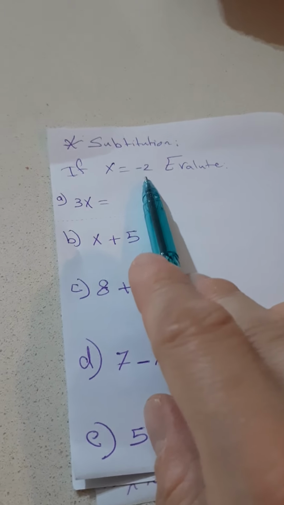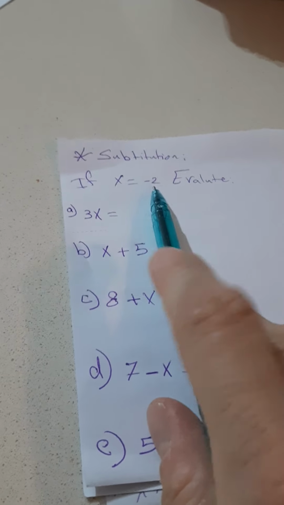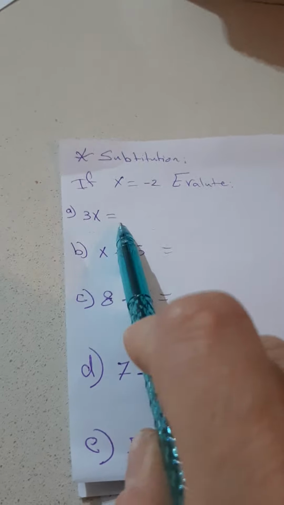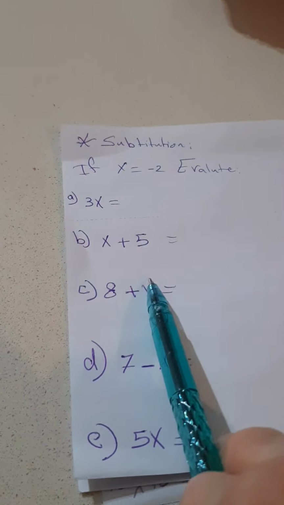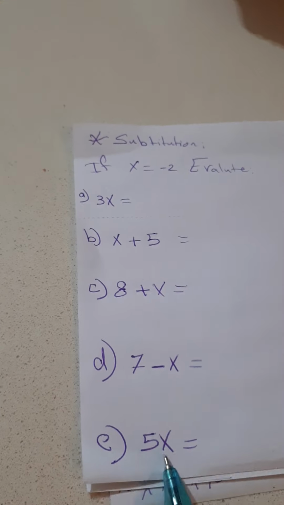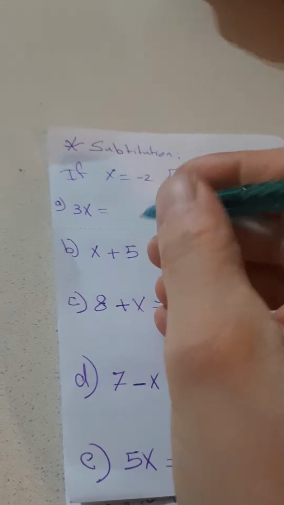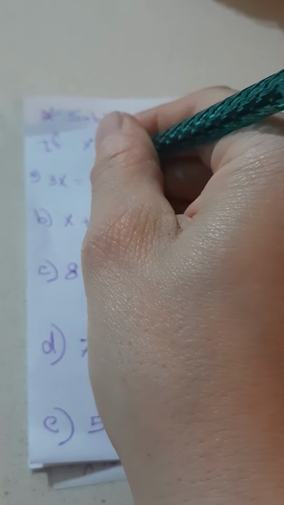My advice to you all the time: when you substitute the number, remember you do not change anything in the given equation except the letter. You just put the value of the letter, and any sign around it, any number around it, any math operation around it, we cannot touch. You can just write it like this: 3